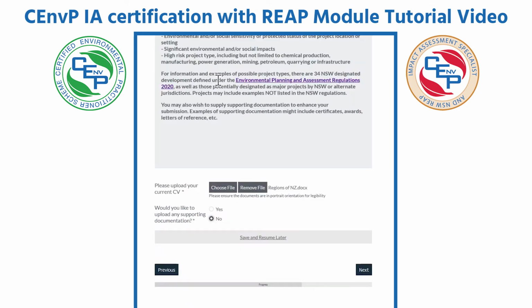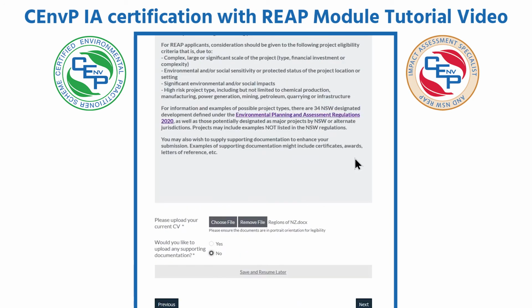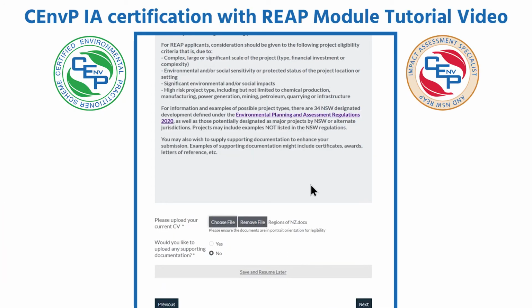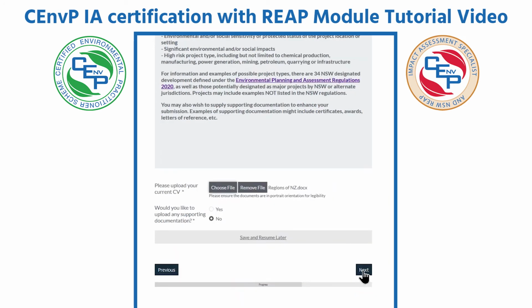As I mentioned before, if you don't have the necessary documents on hand, you can save the form to continue later. But please note that if you do this, documents won't be stored on our server. Unless you click the Submit button at the end of the form, all your details will be saved for later, but your uploaded documents will have to be re-uploaded each time you reload the form. For this reason, it may be easier to upload all your documents once you're ready to submit your full application.